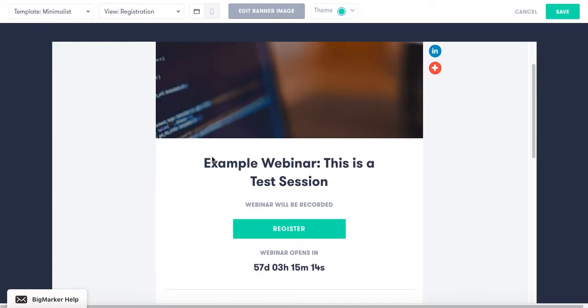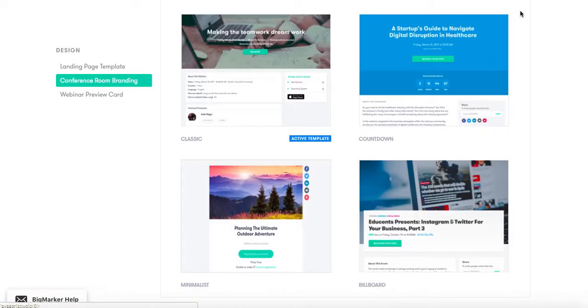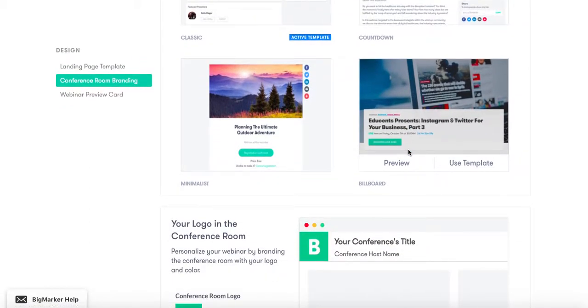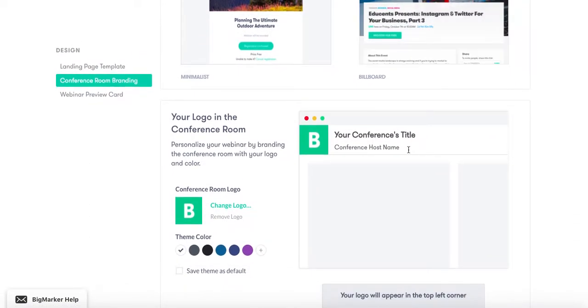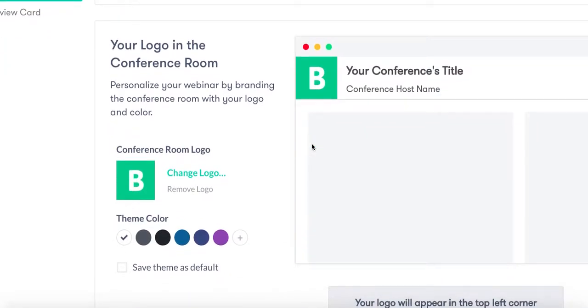So you'll be able to see all of the different templates that you want to use and really make the webinar landing page your own. So the next thing you'll want to do after you select your landing page template and add branding to that is if you do want to add your logo to the live webinar when you are hosting it, instead of having the BigMarker B in the top left-hand corner of the live webinar,